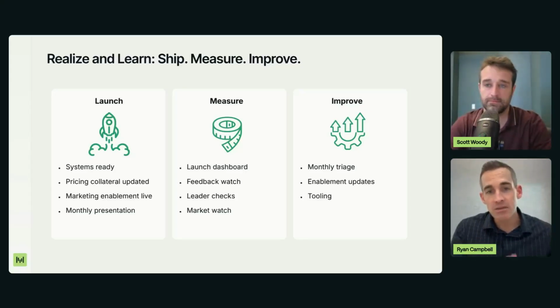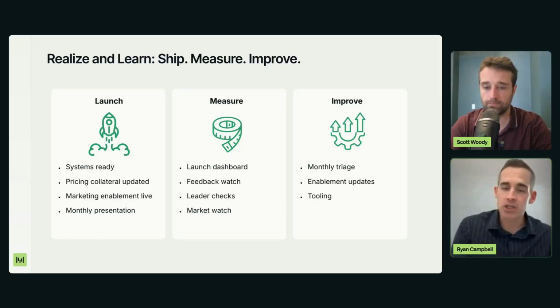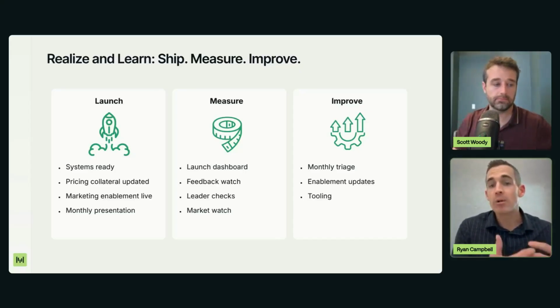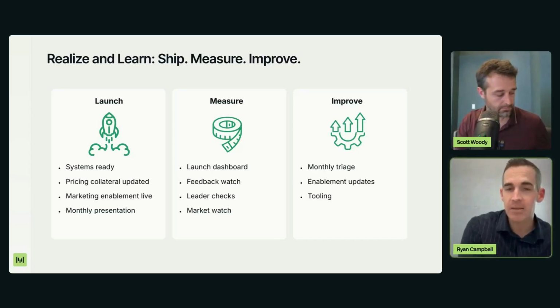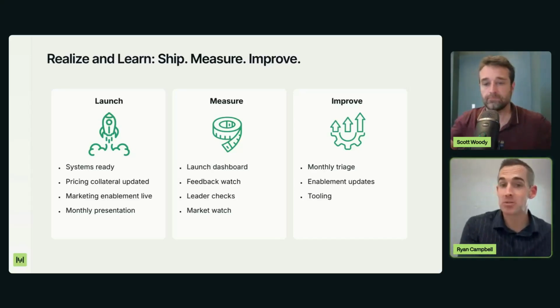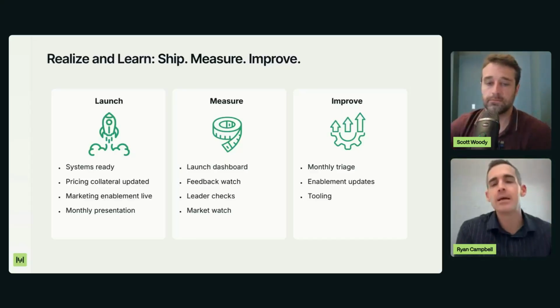And so if you've done the work up front to set up the right reporting, the right measurement, leverage that along with doing things like surveys or regular check-ins with your sales leadership, your product leadership, to make sure that they understand, hey, what are we hearing on the ground? What are we hearing from customers? Is the hypothesis that we had in the beginning playing out? Are we making as much money as we thought we were going to make?